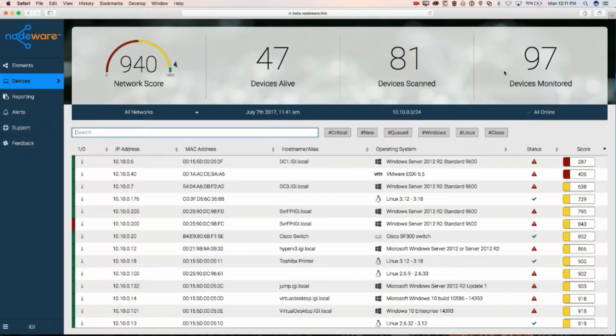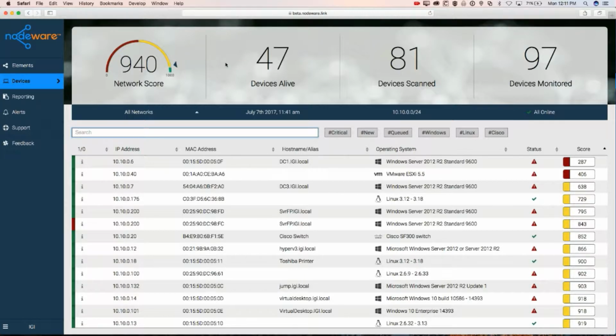So if you have, let's say, an iPhone that comes on and is on your network for just a moment and then hits lock, unfortunately that also disables networking, so we're not able to get a complete scan of that. But the nice thing is, because we manage your inventory like this, the next time that device is on, we're going to prioritize a scan of it, as well as when a new device does connect, we prioritize those as well. So these numbers at the top just let you know what's going on in your network,